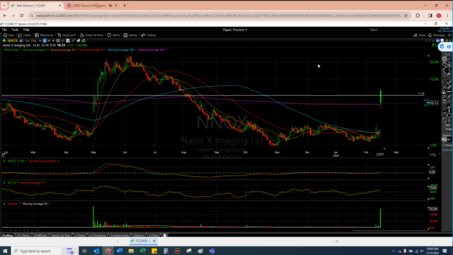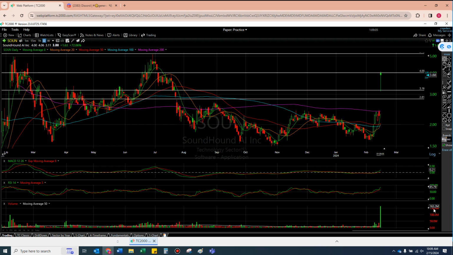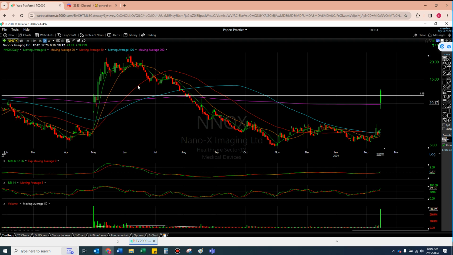So the same thing happened with NNOX, and NNOX actually jumped to over 100 at one point during after hours, right? So the movement seemed bigger here. Clearly it is not, as we look at it between this and SoundHound, right? And the biggest difference is volume. You're looking at 28 million shares traded here as opposed to 163. That's a significant difference between the two, all right? So volume is king, volume is queen for my ladies out there, right? And that's one big difference of it.